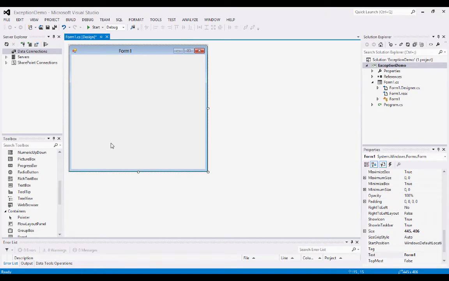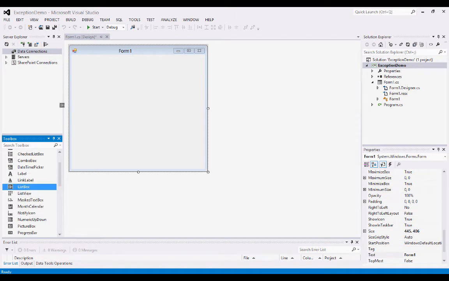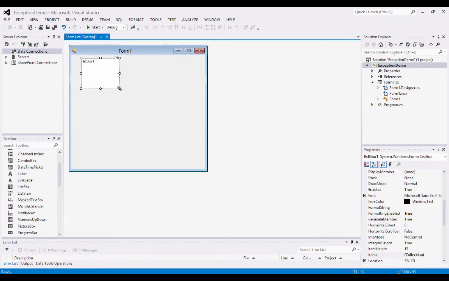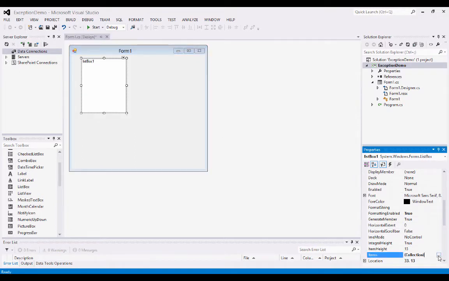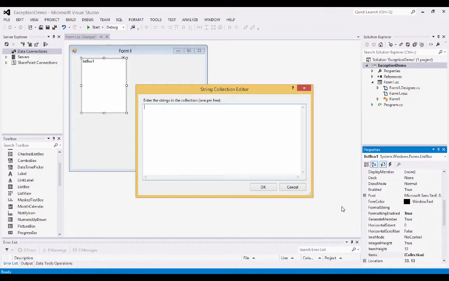In this application, we are going to list 3 fruits and ask the user to select the fruit and the quantity they buy, and when they press the button it should show them the total cost. So I'm going to put a list box that's going to display all the fruits. In the items collection we will add some fruits. So 1 apple, 2 orange, 3 banana,